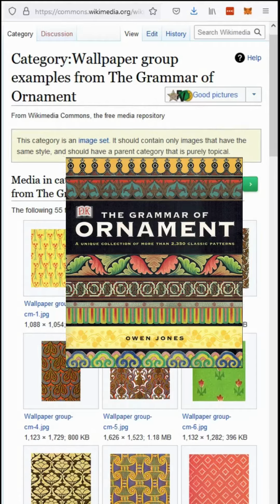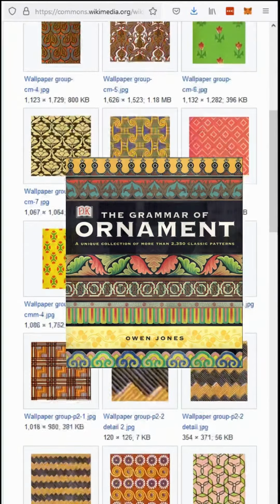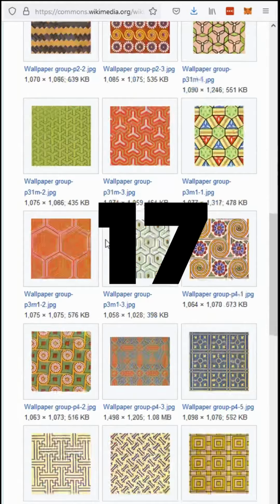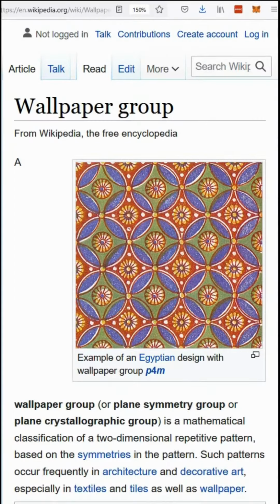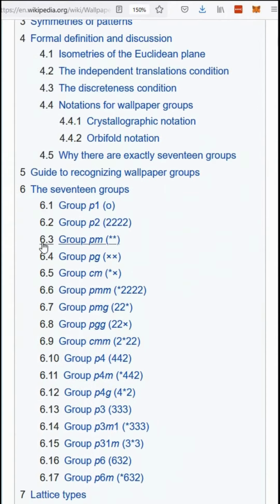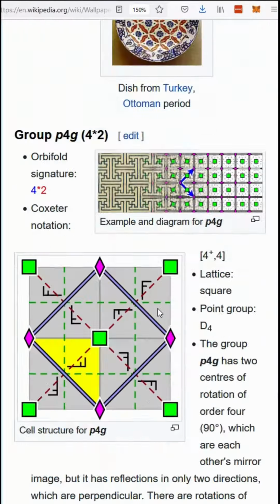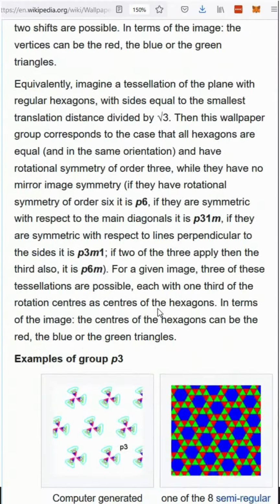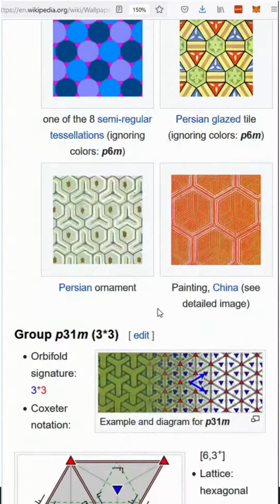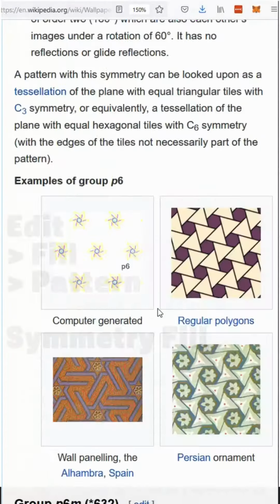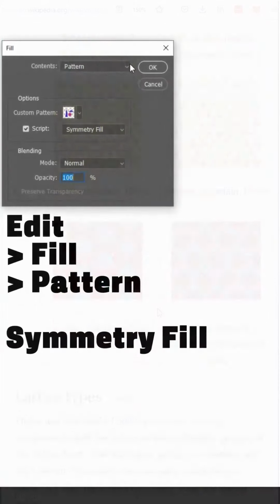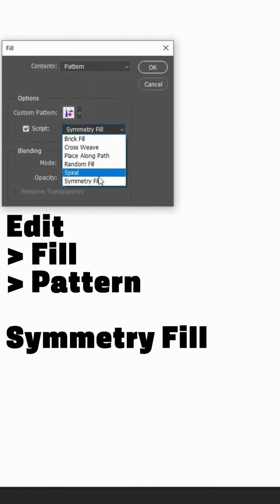If you took all the regular repeating patterns that were ever made and boiled them down, you could reduce them to 17 different groups. Mathematicians call these the wallpaper symmetry groups, and there are extensive definitions of them in, for example, Wikipedia, where you can see the mathematics of the symmetry and of the reflections and translations. It turns out that Photoshop has all of these symmetry groups within them,